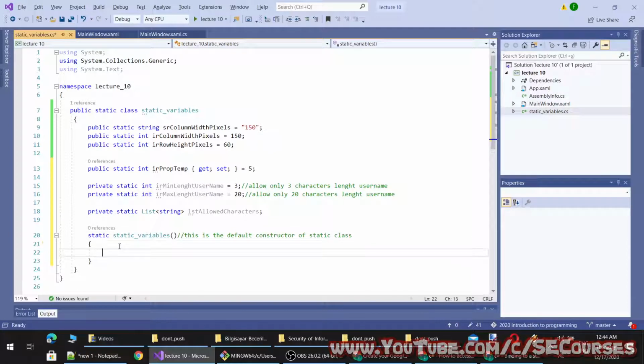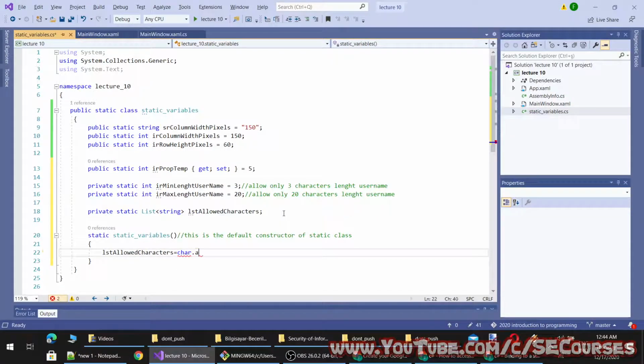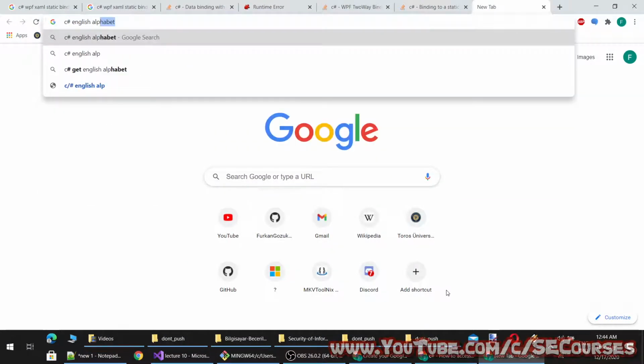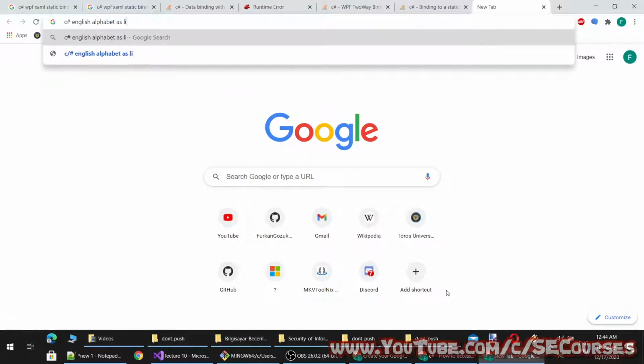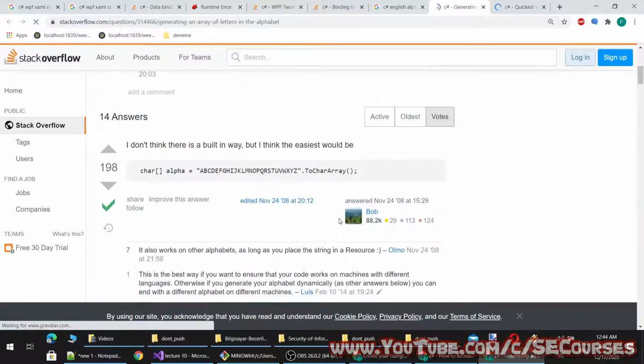Inside the class, I will initialize this list as English letters, the English alphabet as an array. I could also write them manually.